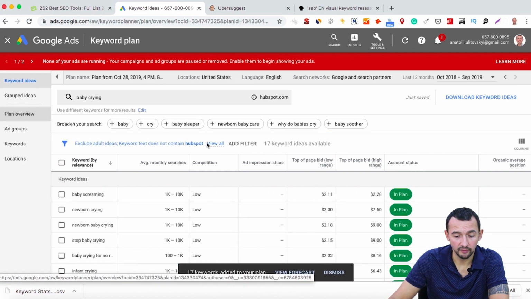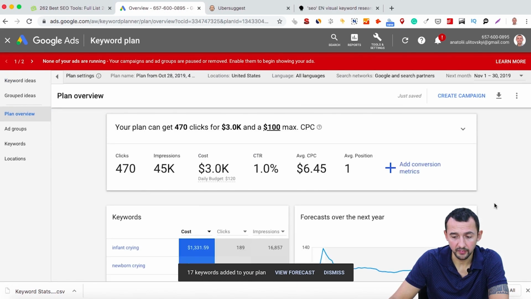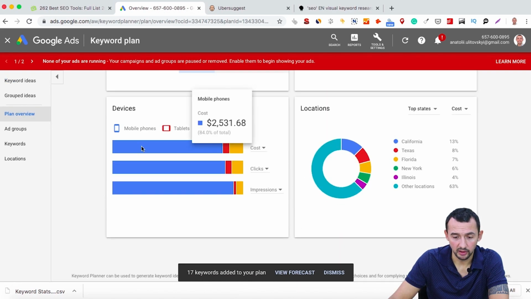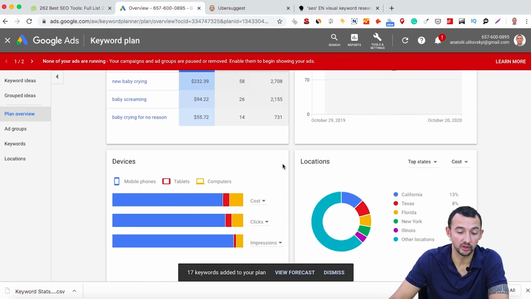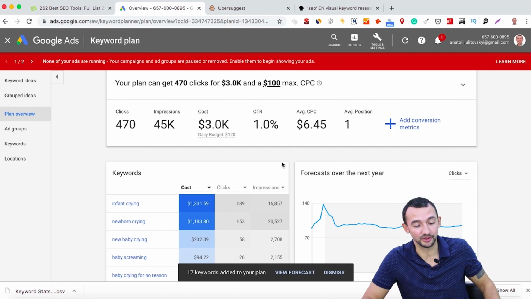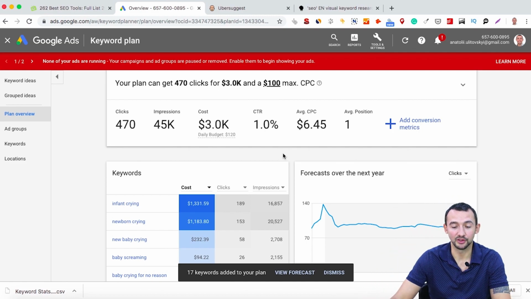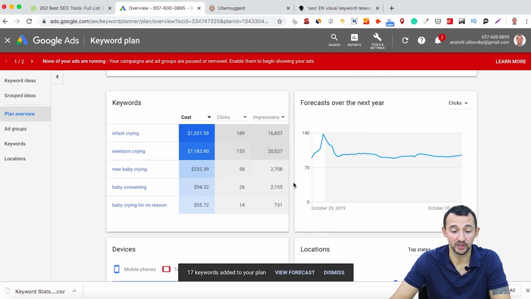If I go here, we can check that mobile traffic is more than computer traffic, and it's important to analyze what type of content you need to create, because it's a big problem when webmasters usually pay attention only to the desktop version of their websites.